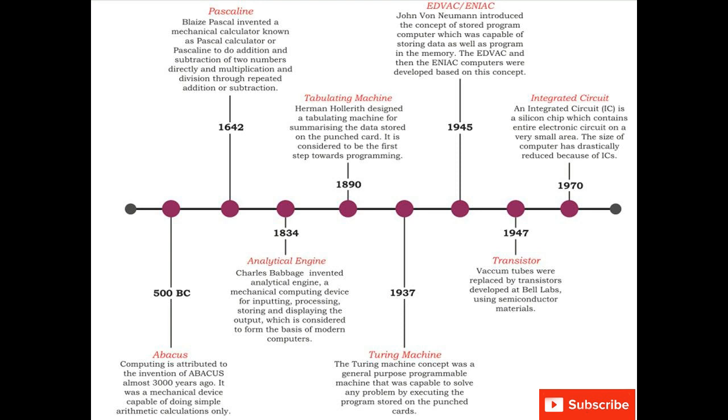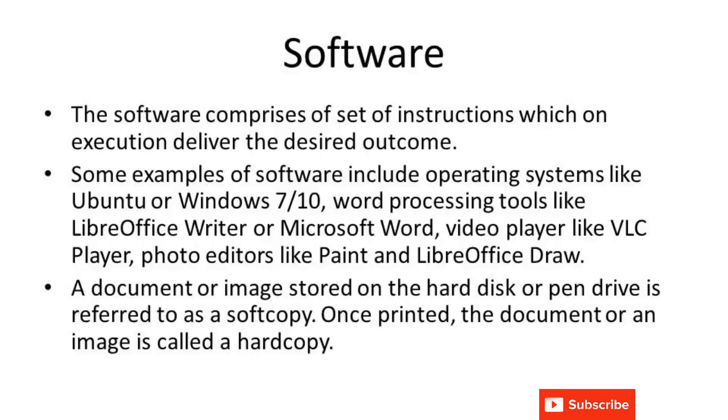Next topic is software. Software is a computer program which is written to carry out a particular task on the computer. The difference between hardware and software is that hardware are the physical components of the computer system which can be touched and seen, but software cannot be seen or touched. So software is intangible. Some examples of computer software are MS Paint, MS Windows, and Logo.